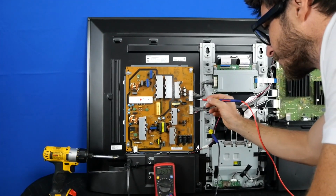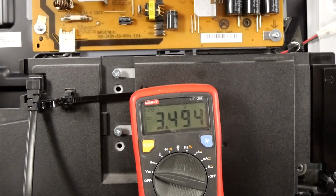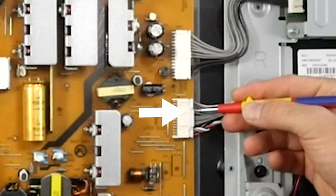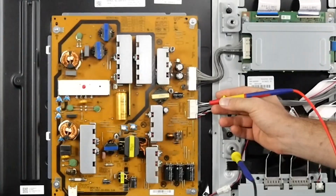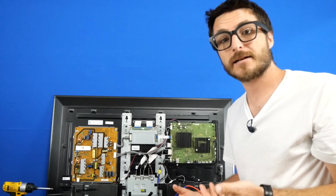The first pin I want to check is our standby voltage, which is 3.3 volts, and that is correct. It is our third pin down on the bottom row, and then we want to check our 12 volt line, which is pins 11 through 18. I can check any of them because they are in parallel, and we are getting 12.8, so that's also correct. So at this point, we've confirmed we are getting our 12 volts and 3.3 volt standby from the power supply